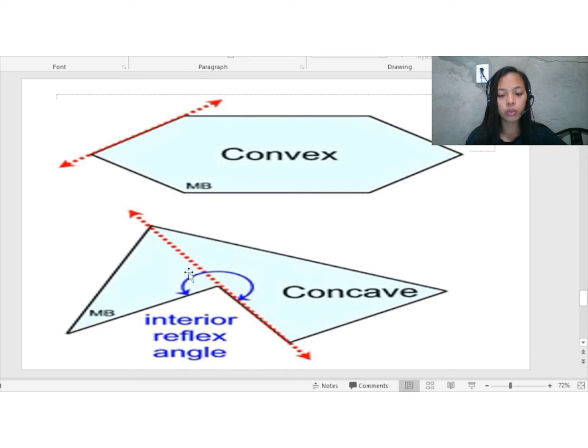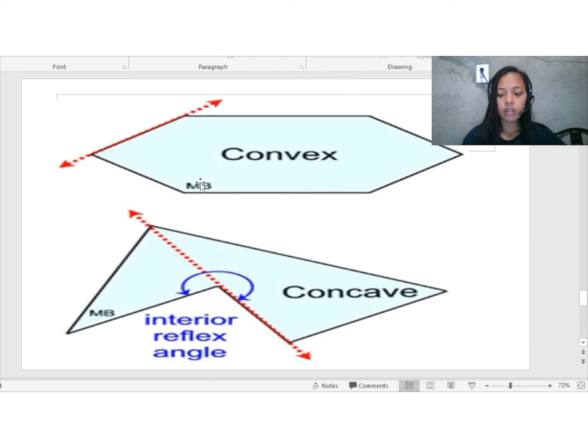Another thing you can see between the concave and convex polygons is that the concave has a curve inward, while the convex polygon has none. And the angle here is a reflex interior angle, which means that it's greater than 180 degrees, while for the convex, if you do the measurement, the interior angle should be greater than 0 but less than 180 degrees. So now you have an idea about the convex and concave polygon. Let's move on to